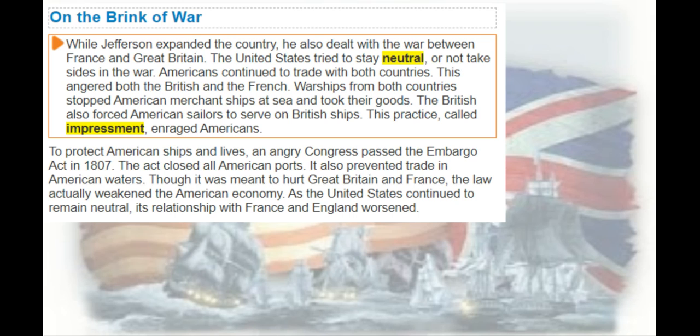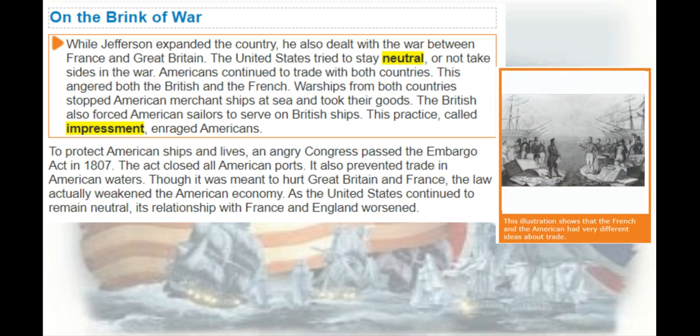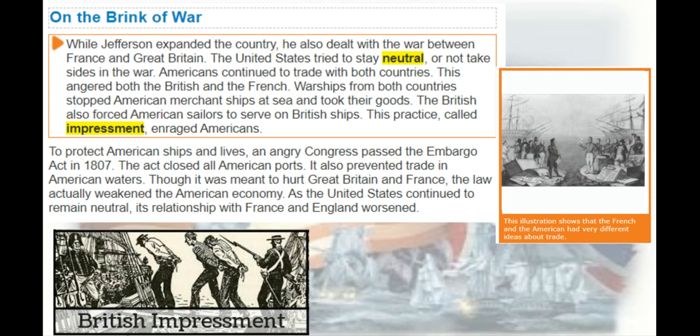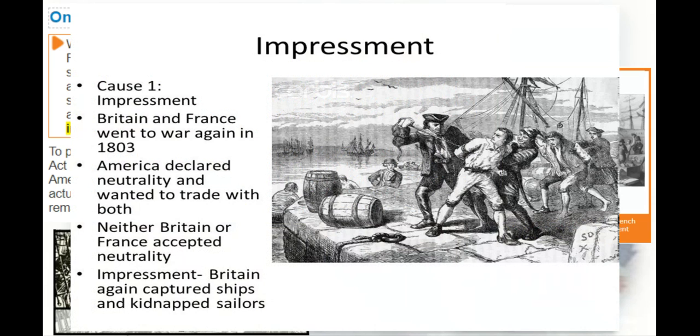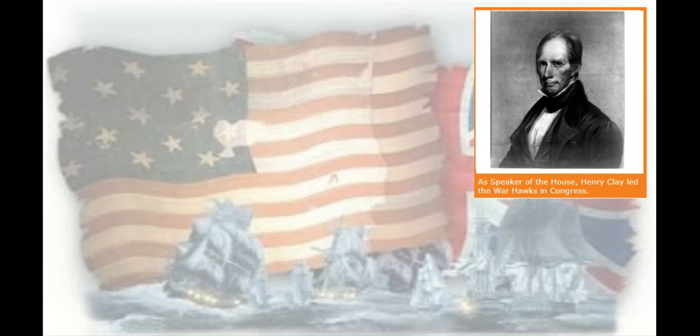And one thing that Great Britain did to retaliate was this practice called impressment, where they would capture American ships that were trying to trade, and they would capture the sailors, and they were forced to work on their ships. And you can see here at the bottom left, just a picture of what impressment might have looked like. And then also you can hit pause if you want to read this again, kind of what it might have looked like when the British ships were capturing American sailors.